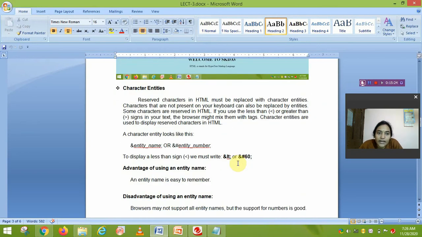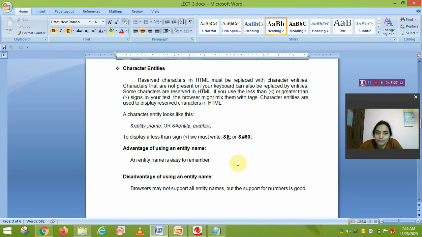Next is your character entities. Okay. Reserved characters in HTML must be replaced with character entities. That means small special characters are inserted in the HTML document. Characters that are not present on your keyboard can also be replaced by entities.